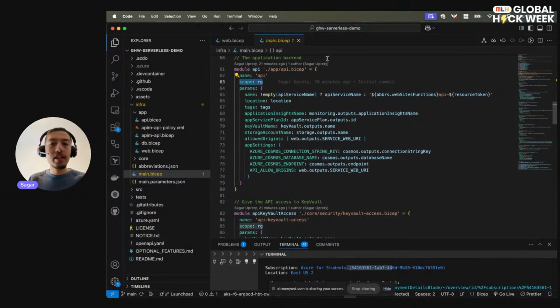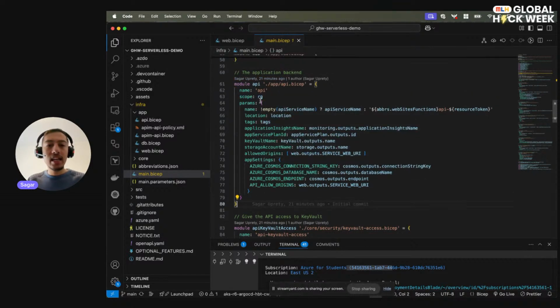And then we have the application backend module over here. So we are also passing the name, the scope, and a lot of different parameters. But in this case, we also need to pass different application settings. So we have passed in name, we have passed in the location, which is going to be the East US2. We have passed in the tags, the application insight name, and you can see that the application insight name, this